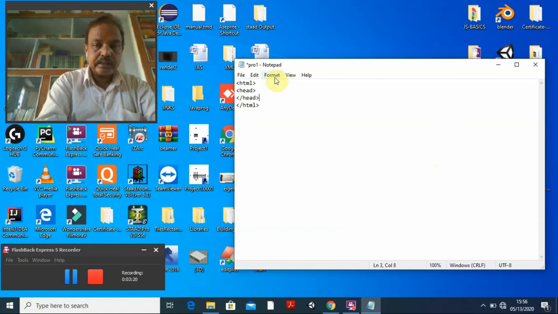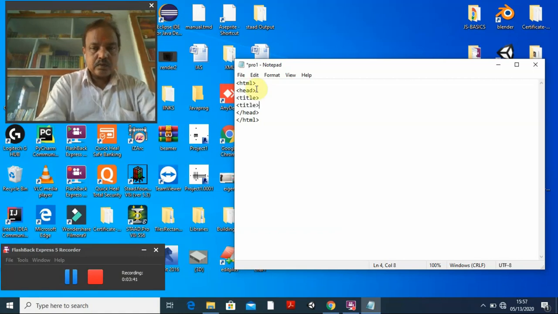Inside this head we can write the title also: the title tag, and similarly we can write the closing tag title. You have to close this closing tag like this.